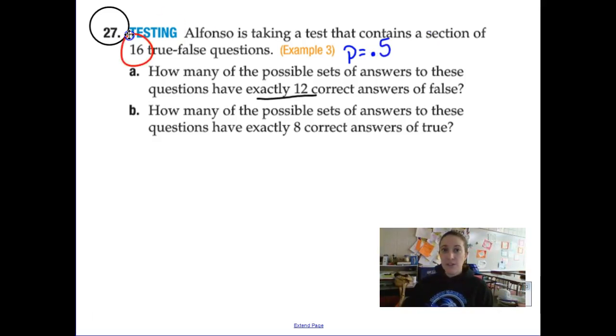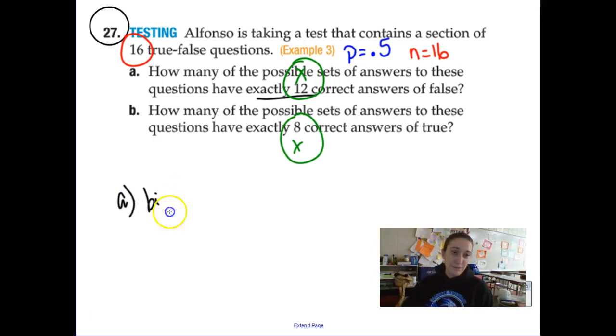The 16 questions is our number of trials. And then the x is going to change in each question. So like here x is 12 and here x is 8. So for part A, if we start by finding the binomial probability of all that information, so binomial PDF, and